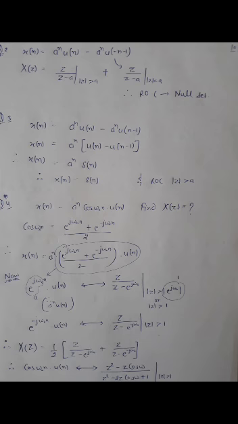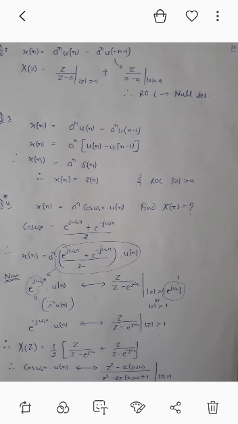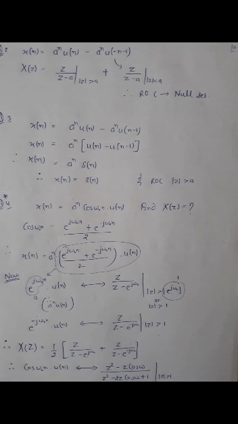The third question says x[n] is equal to a^n u[n] minus a^n u[n-1]. Take care of the second part. Here u[n-1] is given. I can take the common portion a^n from both parts, and the statement is u[n] minus u[n-1], which results in delta[n], because only at n equals 0 is one impulse there. So the statement becomes a^n delta[n], and delta[n] exists only at n equals 0. So x[n] is equal to delta[n], and we already solved this question as the first question of this unit.